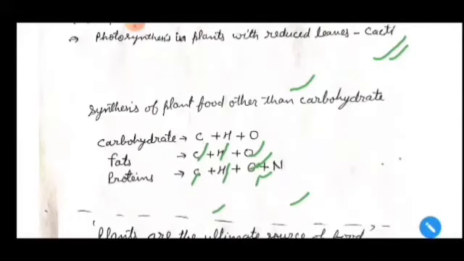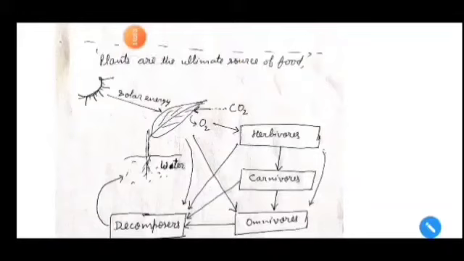And can we imagine life on the earth without photosynthesis, without the process of photosynthesis by which plants prepare their food? We will see that all living organisms depend on the food prepared by the plants by the process of photosynthesis, directly or indirectly. Whatever food is prepared by the plants, solar energy is trapped using carbon dioxide and water, food is prepared, and that is taken by the herbivores.